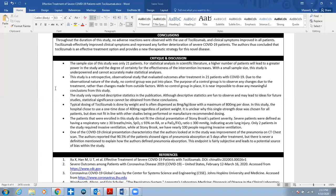And so because there was no control group in place during this study, it's nearly impossible to draw anything meaningful from this study, because we don't have any way to say that the improvement in these patients wasn't just due to a random chance or something else that was being done in the hospital, some other treatment that we may not have known about. So it is hard to prove that any of these improvements were specifically due to the